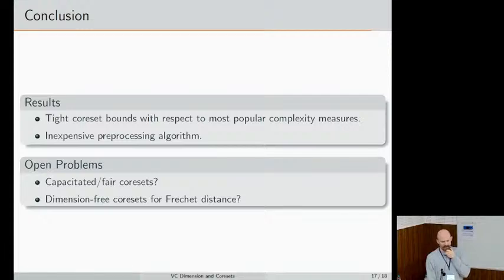And now let me leave you with two open problems. The first thing I want to talk about are capacitated clustering objectives or fair clustering objectives. One reason that we look at uniform sampling still to this day is that it's the only technique that we have to deal with capacity constraints. Our results do not hold for that, since we still have non-uniform distributions and those do not preserve mass exactly. So it would be very interesting, I think fairly challenging but very interesting, if you could get bounds like these for capacitated clustering.